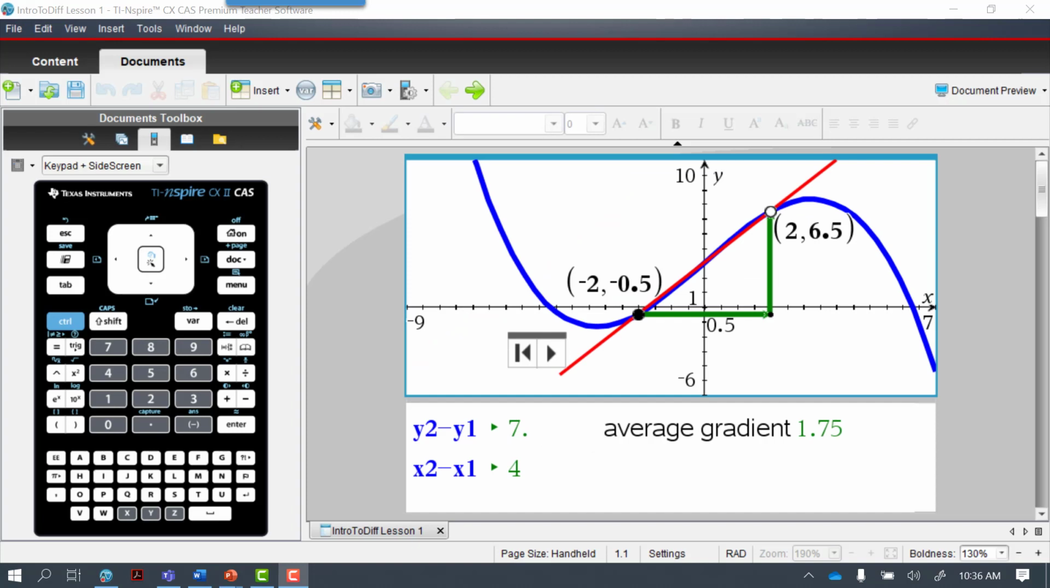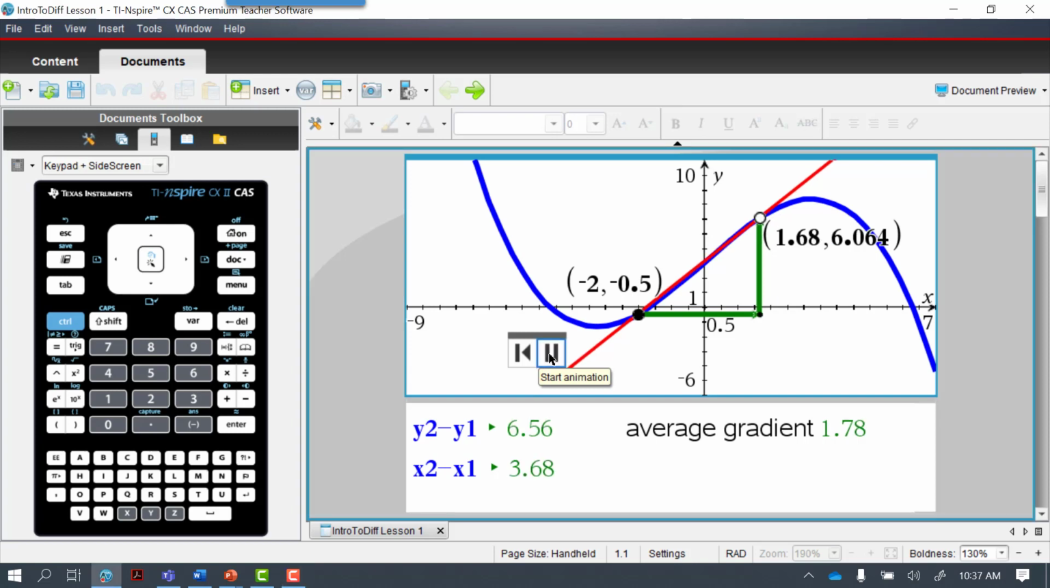So now what you are observing is my calculator screen, and if I just play this animation, you'll see that this white point actually starts moving closer to the black point, and down here on the screen I want you to notice what happens to the gradient, and of course you'll see y2 minus y1 and x2 minus x1 values changing as well. So here I'm starting the animation, and you can see that my gradient has increased, and then